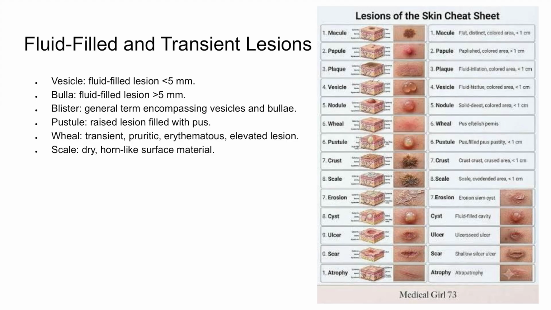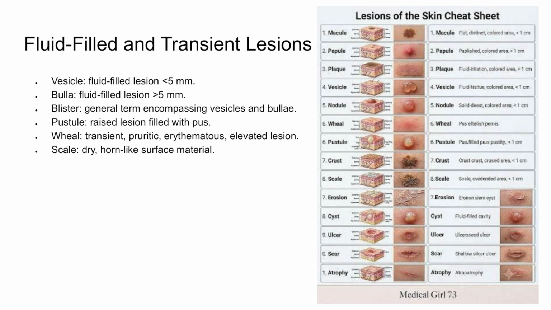A vesicle contains clear or serous fluid and is smaller than 5 millimeters, whereas a bulla is larger than 5 millimeters. A blister is a general clinical term that includes both vesicles and bullae. A pustule is also raised but contains purulent material, usually composed largely of neutrophils. A wheal is different because it results from temporary dermal edema rather than a true fluid-filled cavity. Wheals are raised, erythematous, intensely pruritic, and transient, making urticaria the classic example. Scale refers to dry flakes of excess stratum corneum on the skin surface and is considered a secondary change rather